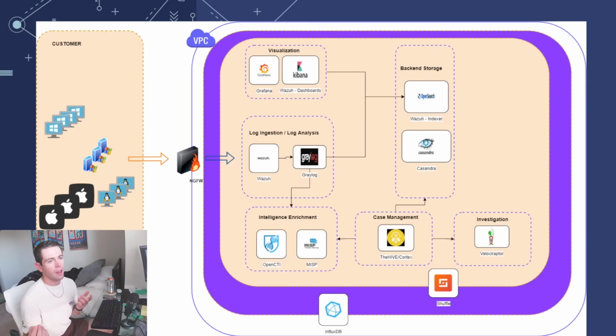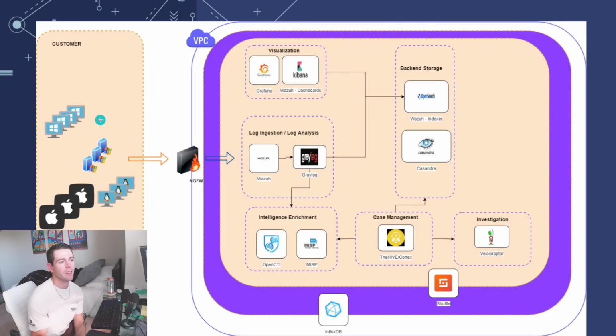I'm much more of a visual person myself, so I always appreciate when people put together some sort of diagram, even if it's very high level, to help me visualize how these tools will be interacting with each other. I know there's a lot more to it than just what this is, but hopefully this will allow you to mentally picture a little better how these tools will be integrated with one another, right? So our endpoints here, this could also be network devices or third-party services